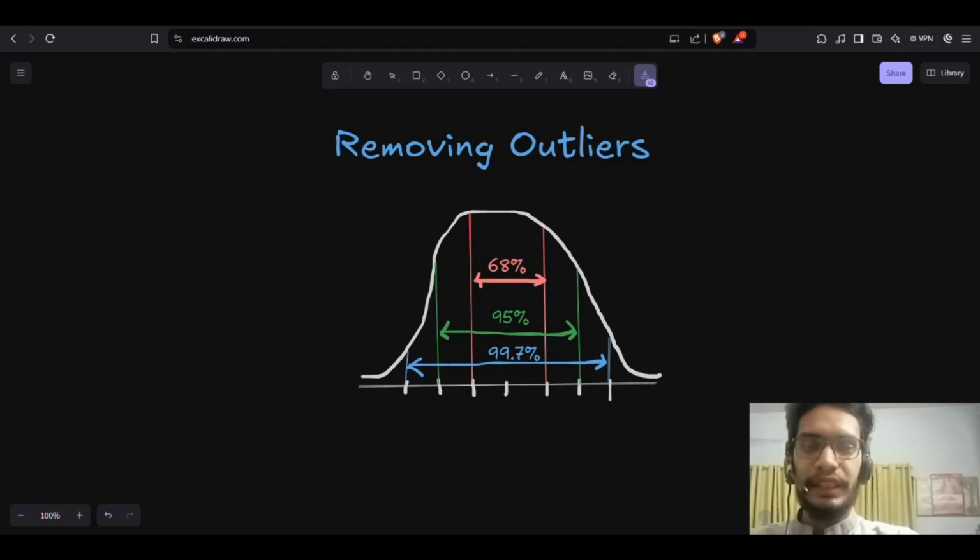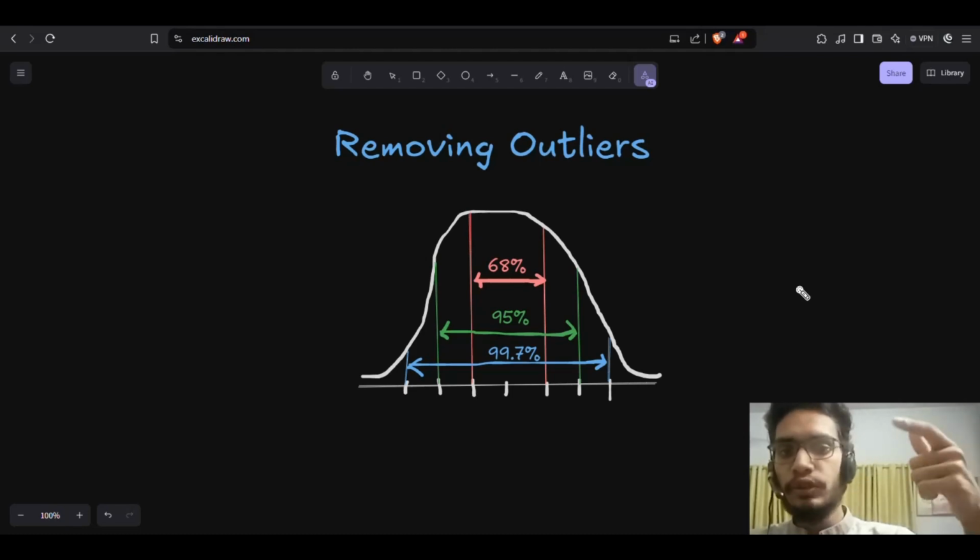So in this session, we will see how to remove and identify outliers from your data set using Python. In previous lectures and in previous sessions, I have told you all about the z-score and the IQR method. That was all the theoretical concepts, and I told you about the formulas and solved some examples. Right now, in this session, we will see the actual Python implementation of both methods, that is z-score and the